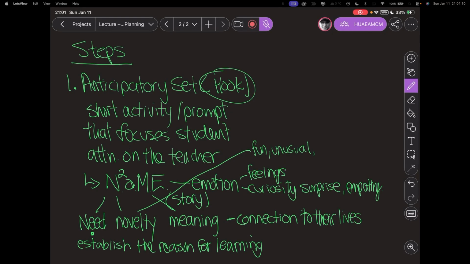So we want it to be fun, unusual, and maybe even unexpected. It's something that breaks the routine. Let's write that down too, that it might help break routine a little bit.